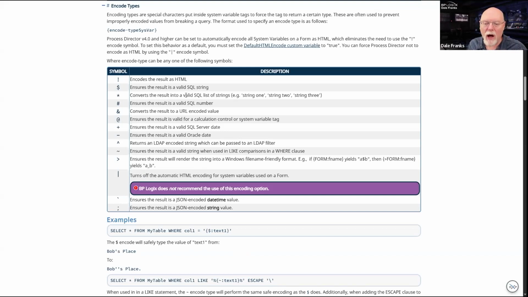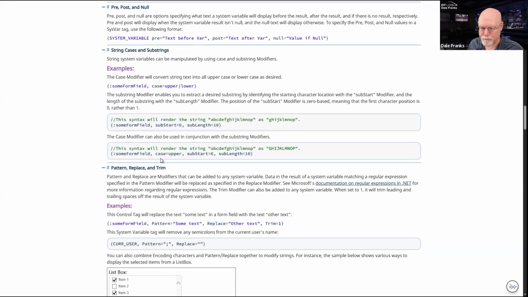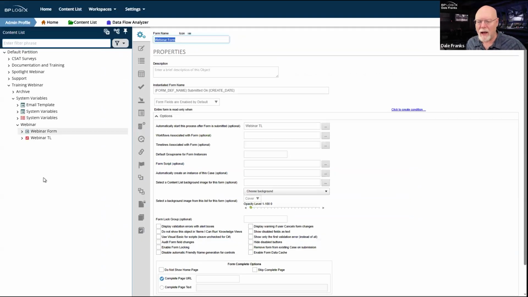There are several other encoding characters which you might want to use. None of them are particularly important, but the $, that's the one that is super important and the one that you will use about 99% of the time. There are some other manipulations that you can do with strings, string manipulation, finding indexes and stuff like that. If we go back